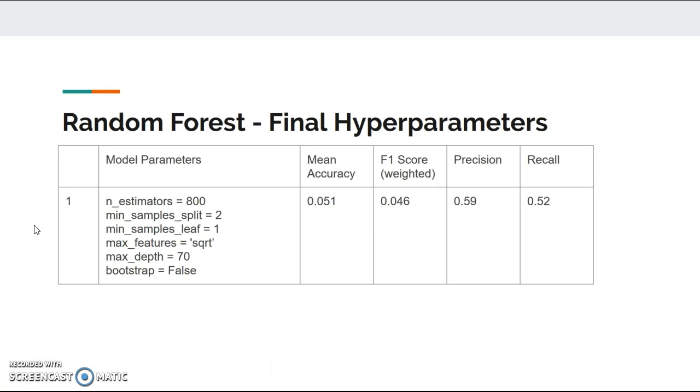Based on the results from grid searching, we decided that these sets of hyperparameters were best for the random forest algorithm. After applying this model to the testing set, we attained these very weak results. These performance metrics are the worst out of all algorithms that we've tested for this image classification task.